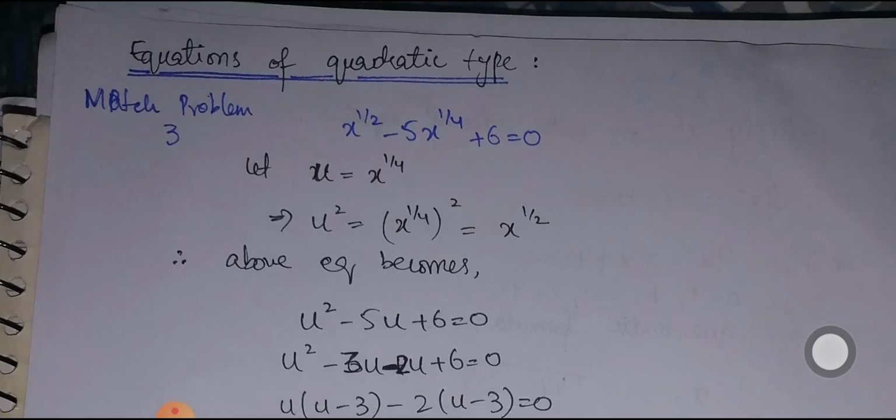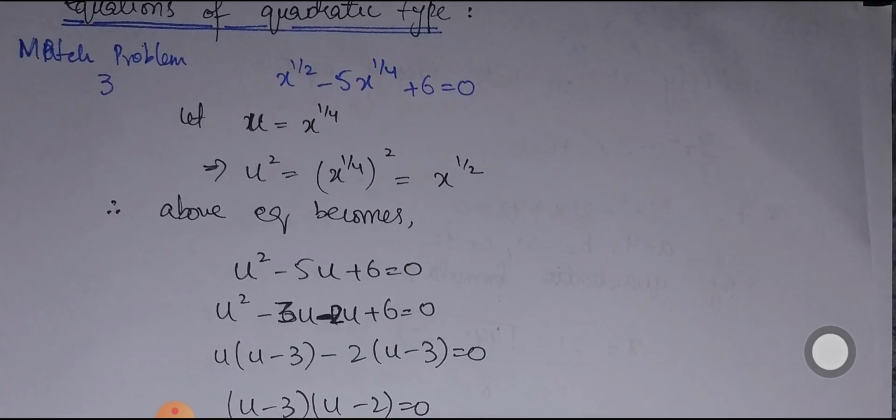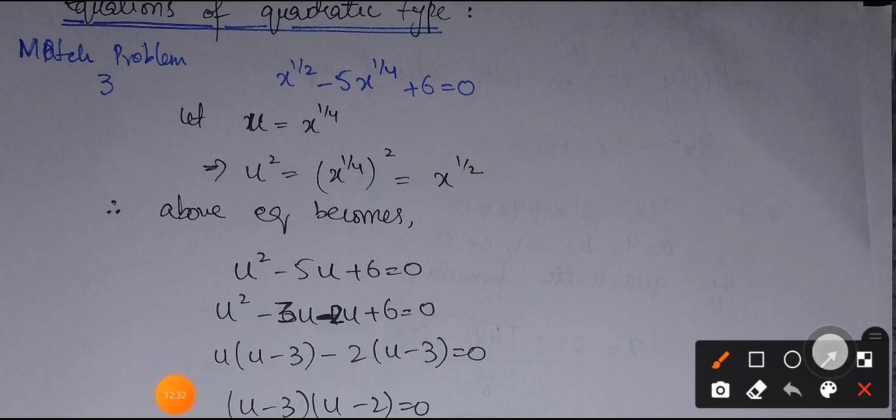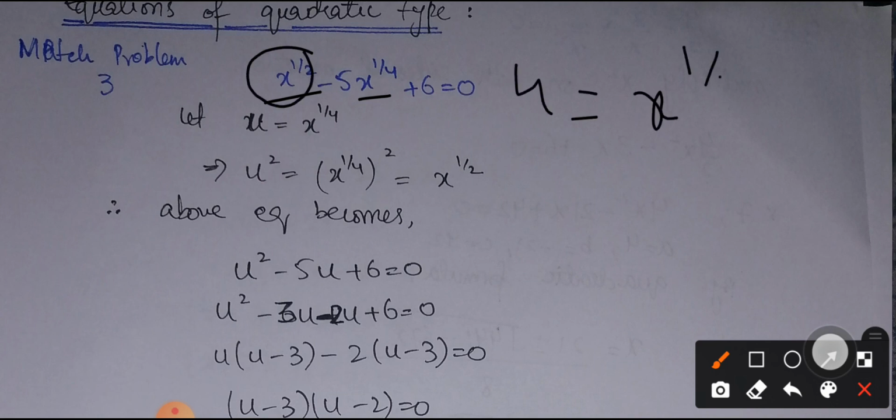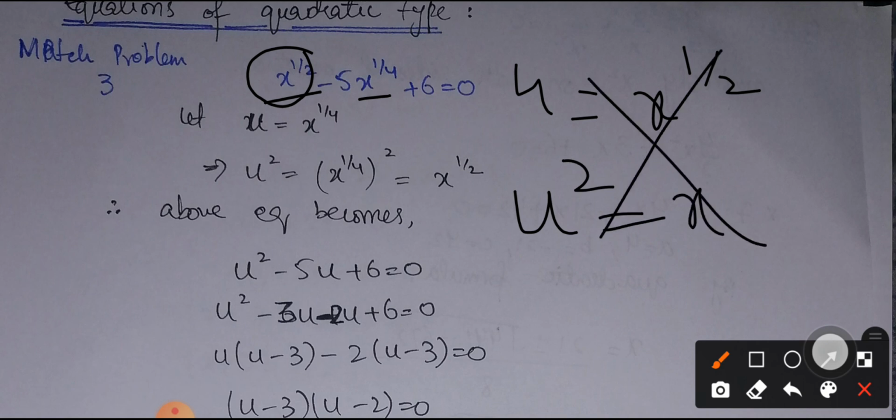You can go through example 3. Here we have x raised to the power 1 by 2 minus 5x power 1 by 4 plus 6 is equal to 0. In such equations, the first trick that you could apply, simply you can see that if any one of the terms is obtained by taking whole power 2, that is we are going to deal with the variables only. So if I take u is equal to x raised to the power 1 by 2, and when I take square, it is going to be x power 1. It means this is not a perfect substitution for it, because it will not be a quadratic equation and